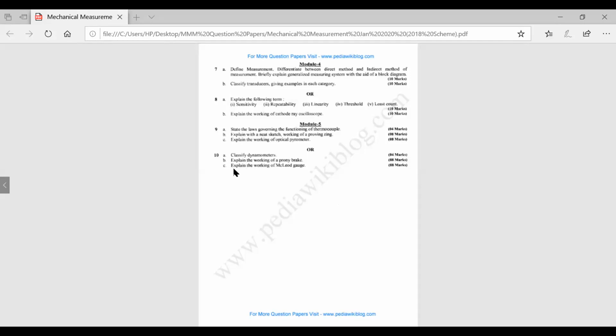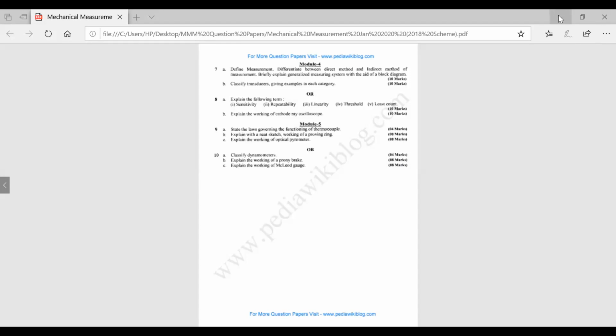Here they haven't asked for the sketch, but still you have to draw it as it has been asked for 8 marks. That is why I told you to please draw the sketches even when not asked, provided it is for 6 or 8 marks. For your information, this is the pattern of how you get the questions, and I have one more paper.